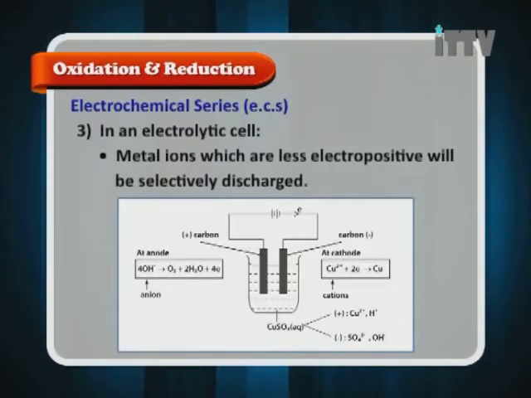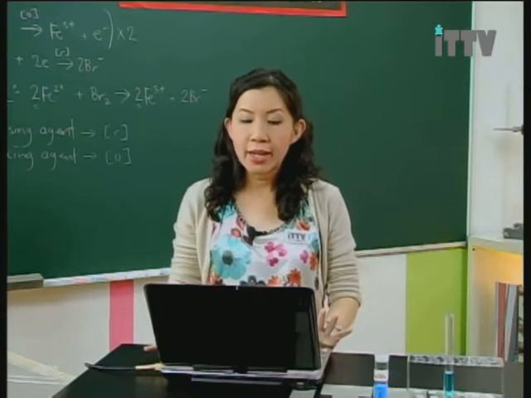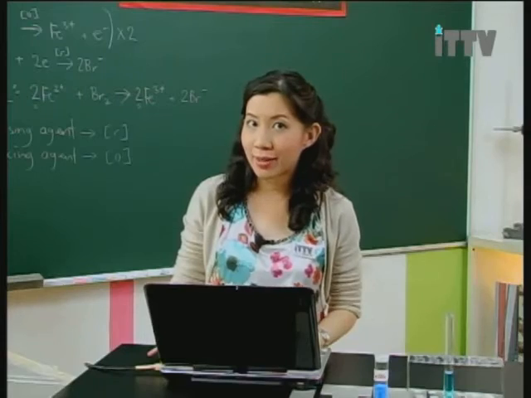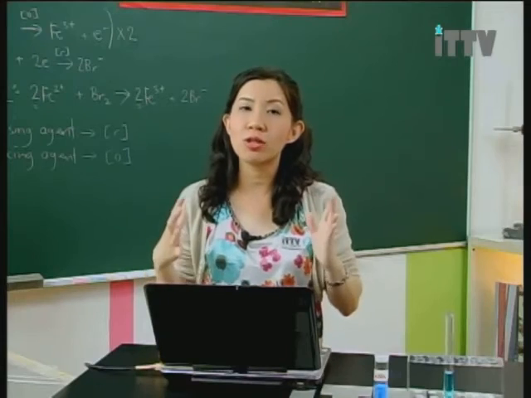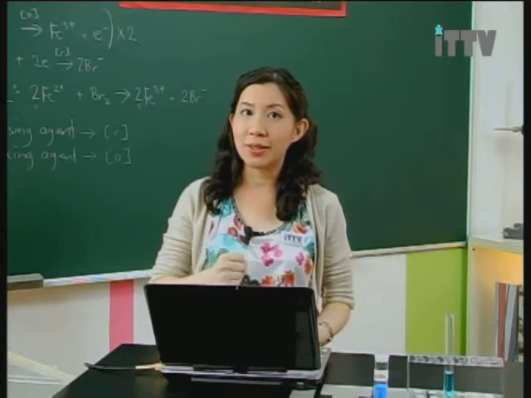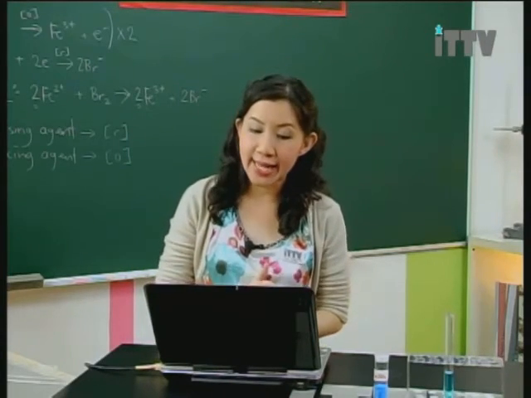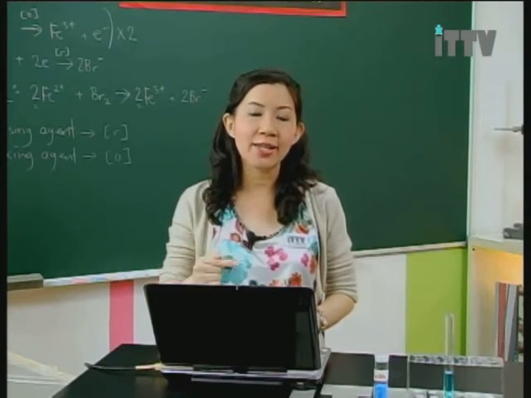So, in an electrolytic cell, metal ions which are less electropositive will be selectively discharged, and you can see the setup of an electrolytic cell in the slide. So it's very important for students to differentiate between the chemical cell and the electrolytic cell. The most important point to note is that in a chemical cell, or known as a voltaic cell, usually the more electropositive metal will become the negative terminal. While for an electrolytic cell, metal ions which are less electropositive are the ones which are selected and chosen